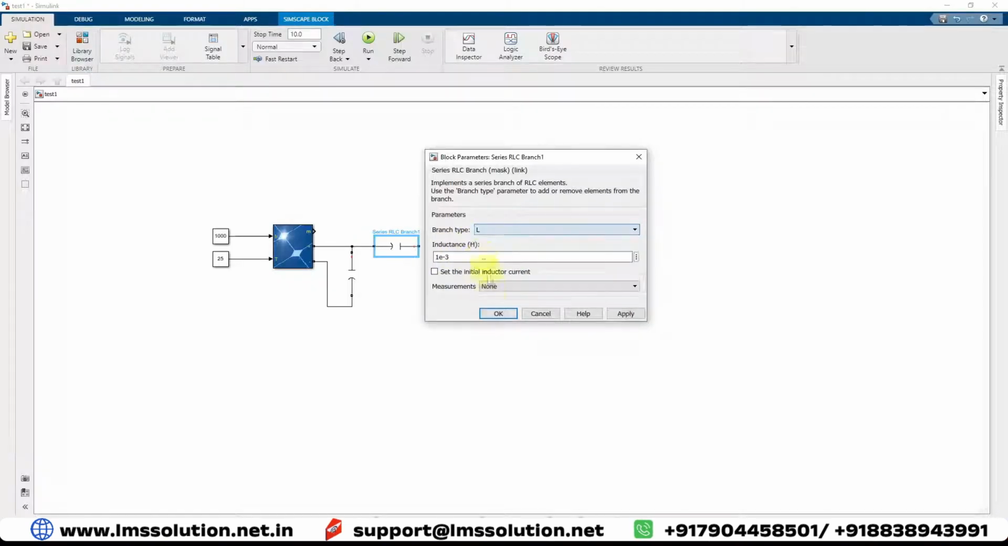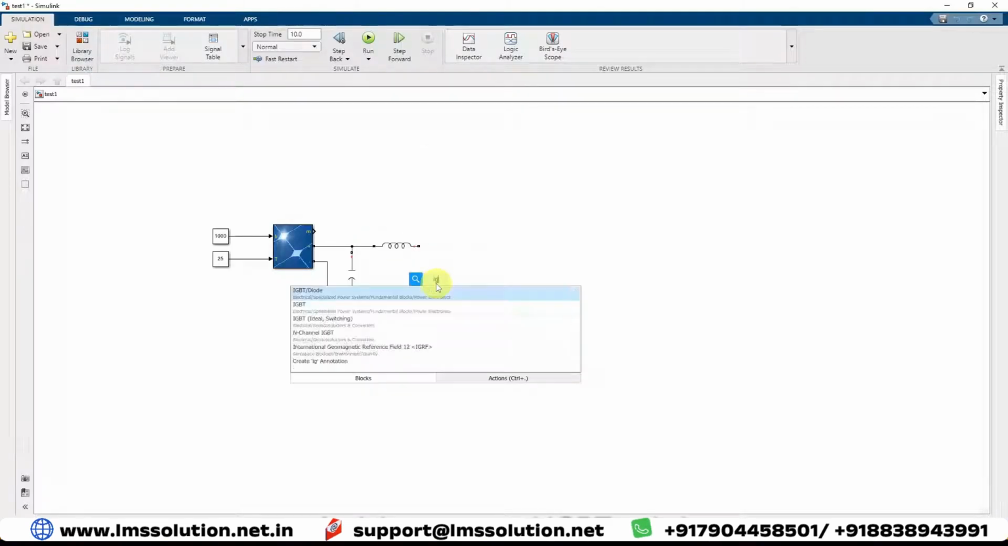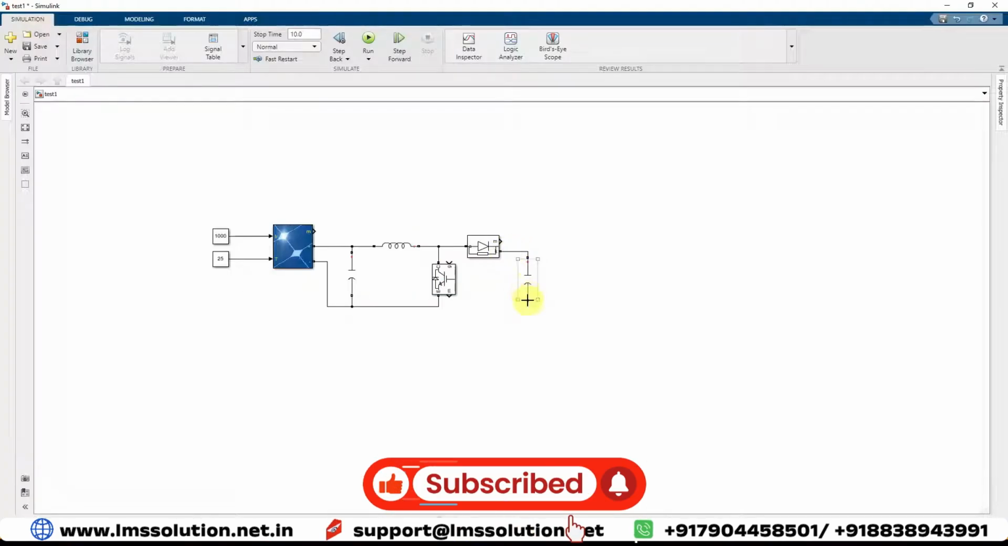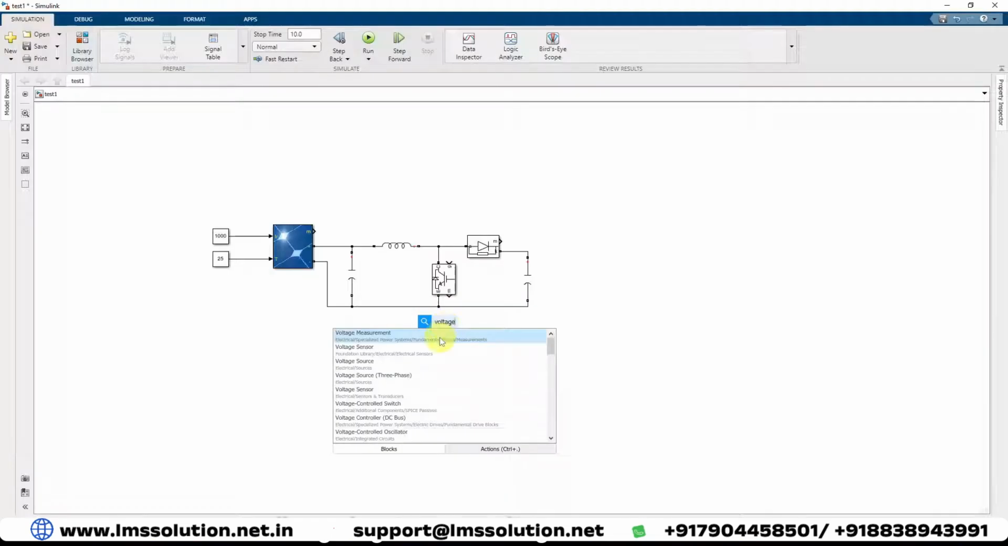We have the inductor, and then we need an IGBT switch. I'm going to use an IGBT switch here, and then we need a diode. I'm going to use a diode, and then we need an output capacitor. I'm going to connect this one. We need to measure the output voltage. I'm going to use voltage measurement,